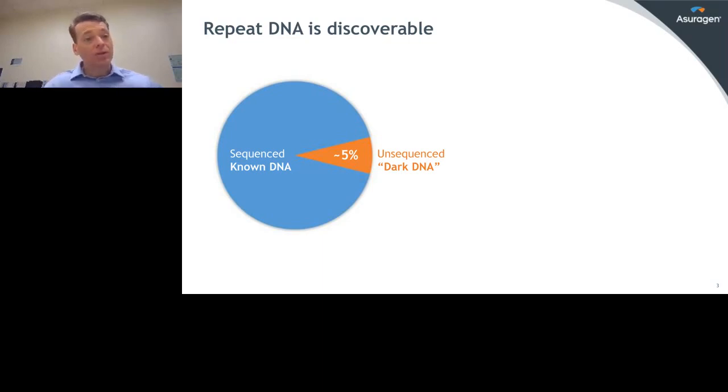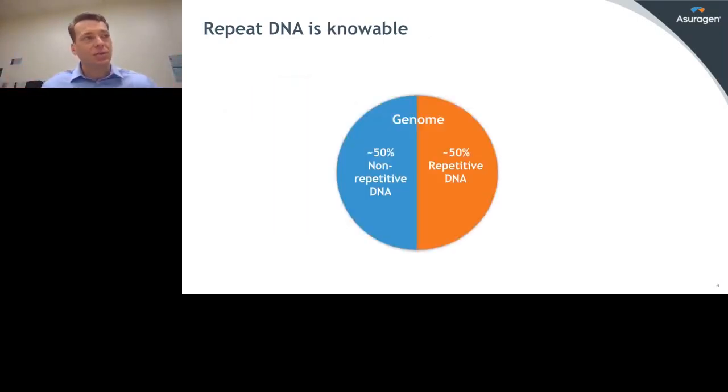But we have an opportunity now with new technology to shine a light on this dark DNA and to understand the specific nature of this sequence. Because we have long read NGS that's now available that can read through these repeat elements and the flanking segments to be able to contextualize repeats. And we have fit-for-purpose bioinformatic analyses that can address some of the special challenges of repeat DNA to be able to define the sequence. It's not a surprise that this remaining recalcitrant dark DNA is repetitive in nature, because in fact, half of our genome is comprised of repetitive DNA.